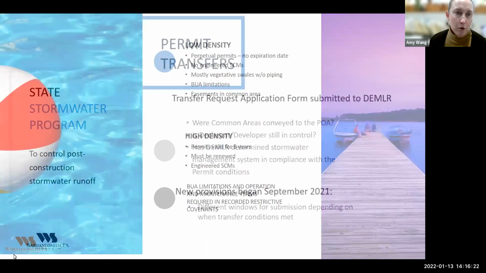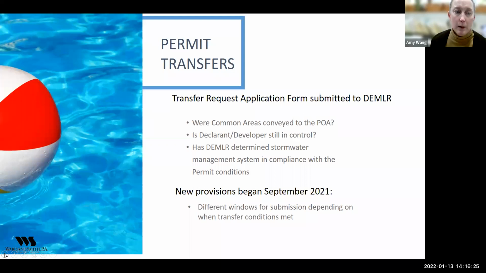For a local stormwater permit, those permit programs vary by municipality, and they have the same purpose to protect water quality, but they're going to look different. And oftentimes they are not permits per se, but they are in the form of easement agreements. And that just varies by municipality across the state.